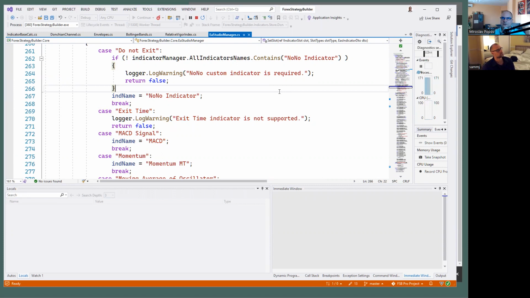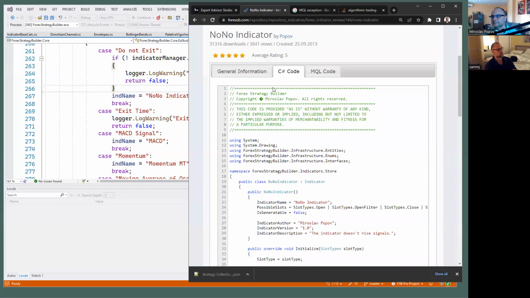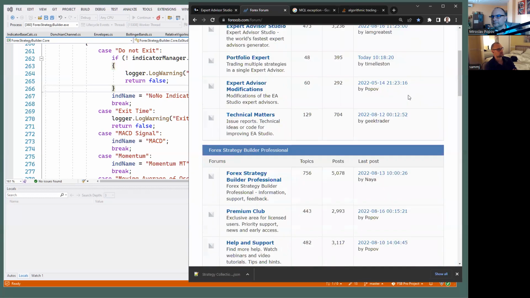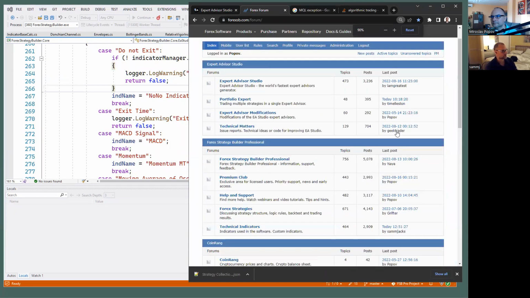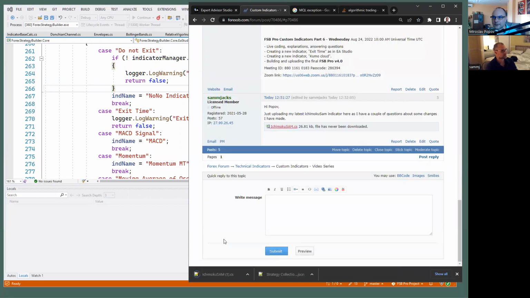continue with your questions from yesterday, if something is not covered. Okay, what was it? Probably easiest if you go to the forum. I uploaded my latest Ichimoku that I'd tried to move forward a bit, and I still don't know quite how to fix what I've done. So it's in the technical indicators. Yeah, there. So that's updated. Okay, I will open the